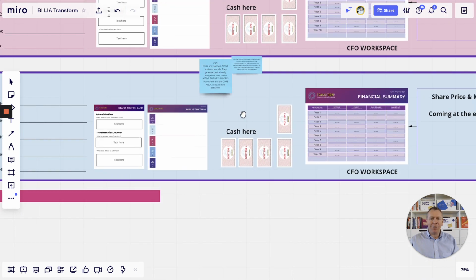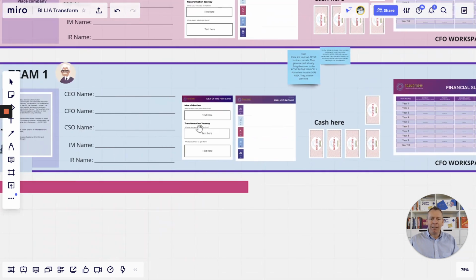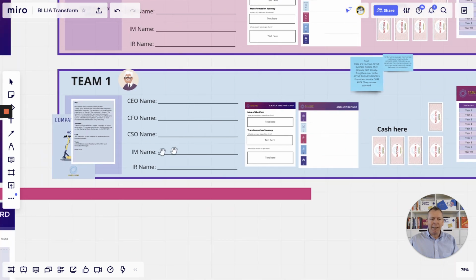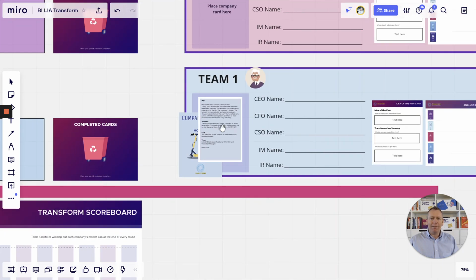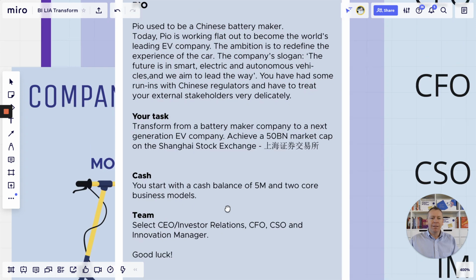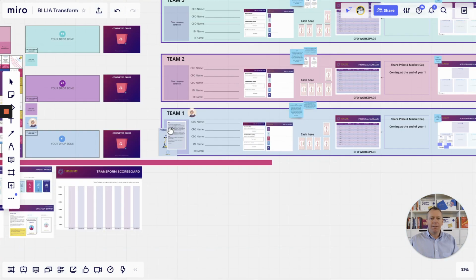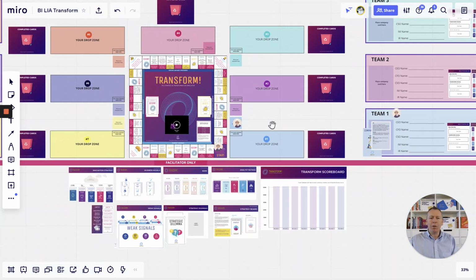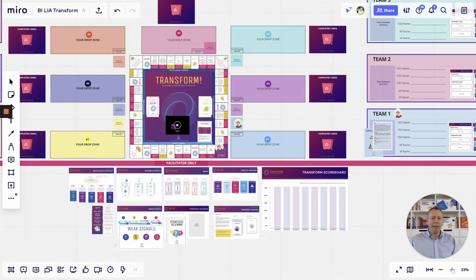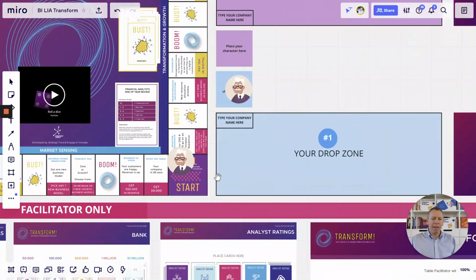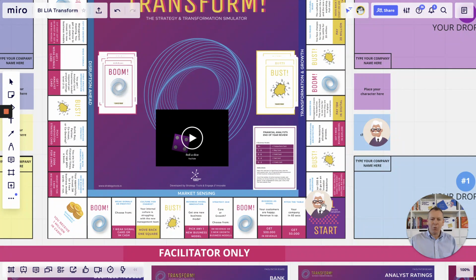We've counted our cash. We have completed our idea of the firm card. We have completed the names. We have read and we understand the company card. Well, I think we're ready. And once we're ready, we're going to go to the goal line, starting right here. And once we have all 7 companies lined up, we are ready to start. We're going to roll the dice and we are off.